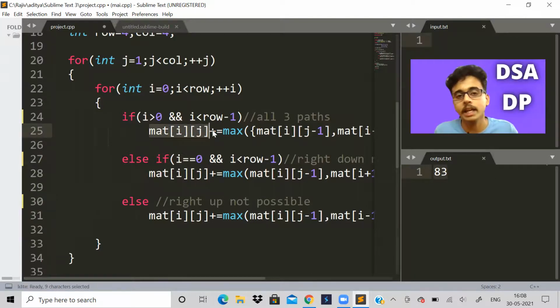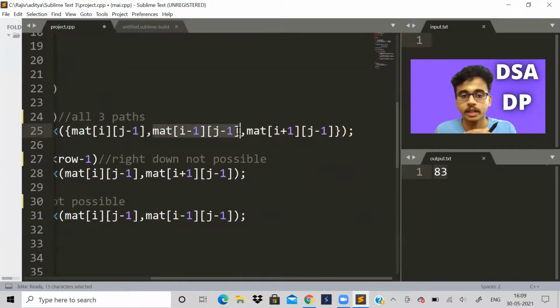Remember, if we can move right, we have to check the left cell. If we can move right up, we have to check down left. Whatever moves we can do, do the opposite and check the values in the matrix. This value, matrix i j minus 1, represents the value to the left side, because from the left we can go right.